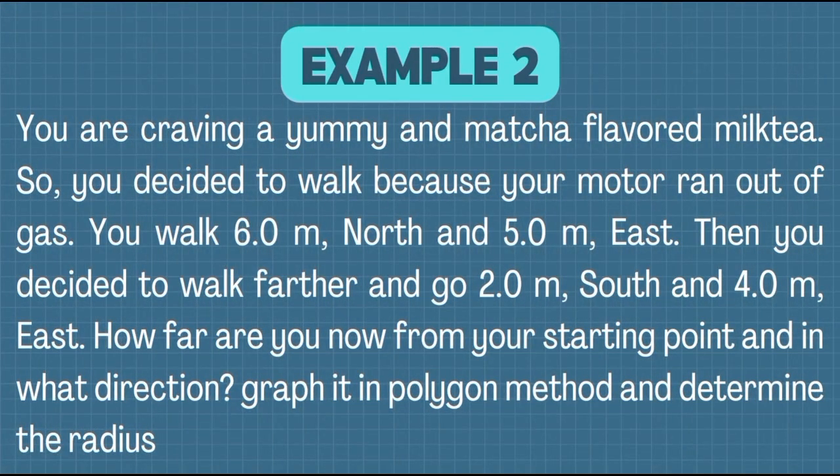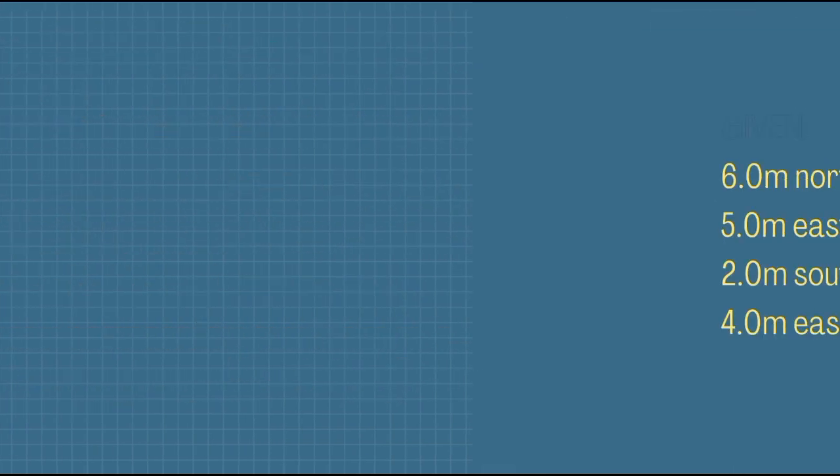Next example. You are craving a yummy matcha flavored milk tea, so you decide to walk because your motor ran out of gas. You walk 6 meters north and 5 meters east, then you decide to walk farther and go 2 meters south and 4 meters east. How far are you now from your starting point and in what direction? Graph it in the polygon method and determine the resultant,